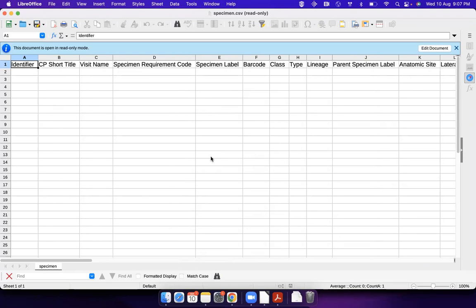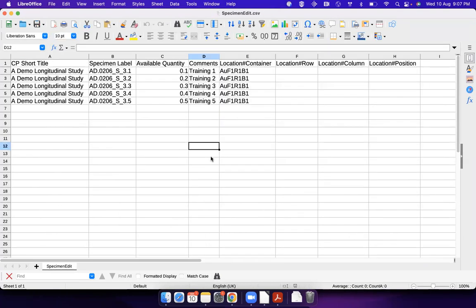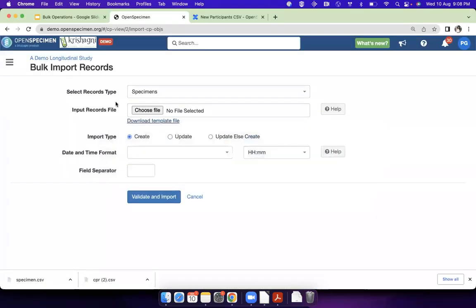But when you're updating, you don't have to keep all the columns. Of course, you can keep it and leave it blank. That's also possible. But to avoid confusion, I've just removed those columns because I'm only interested to update quantity, comments, and container. And what I've done is I've kept the specimen labels. So this is the main point you need to remember when you update data, that you need to keep a